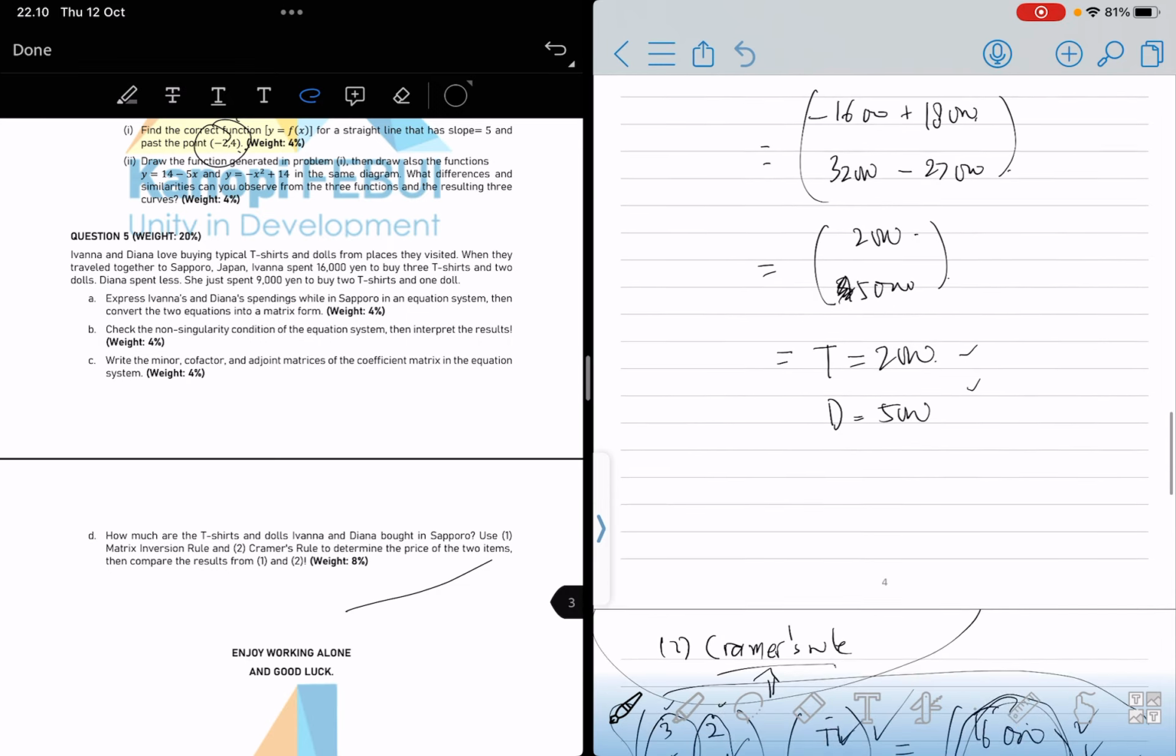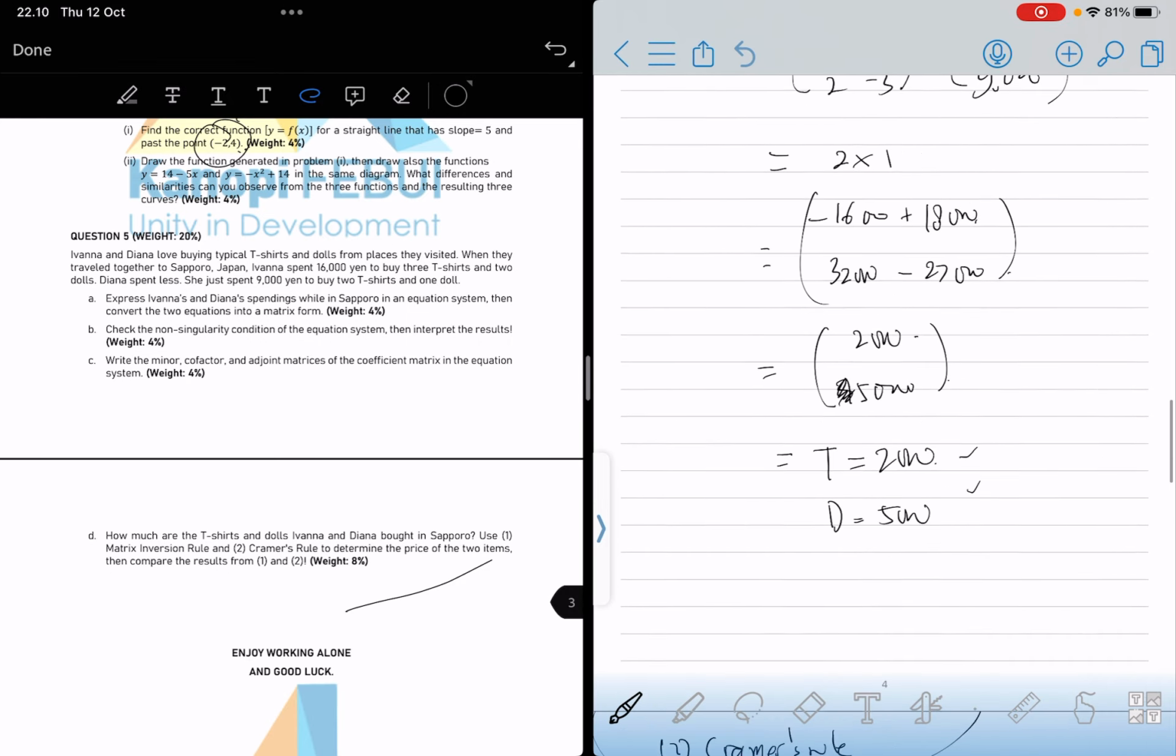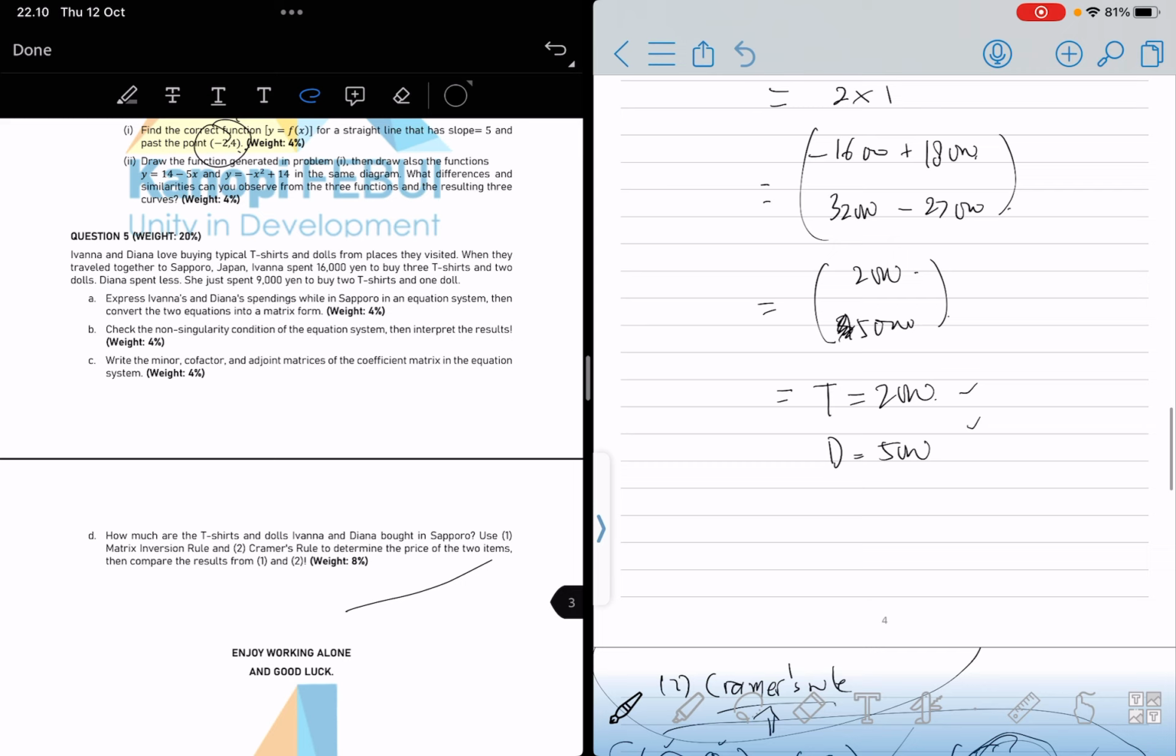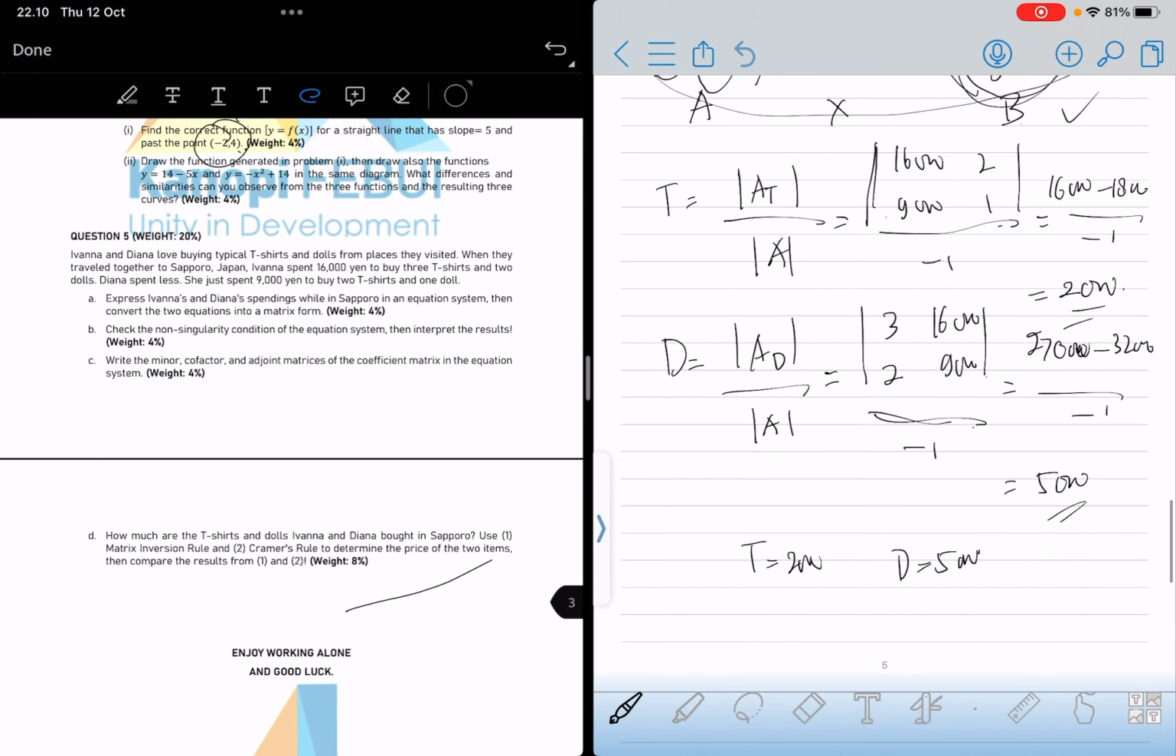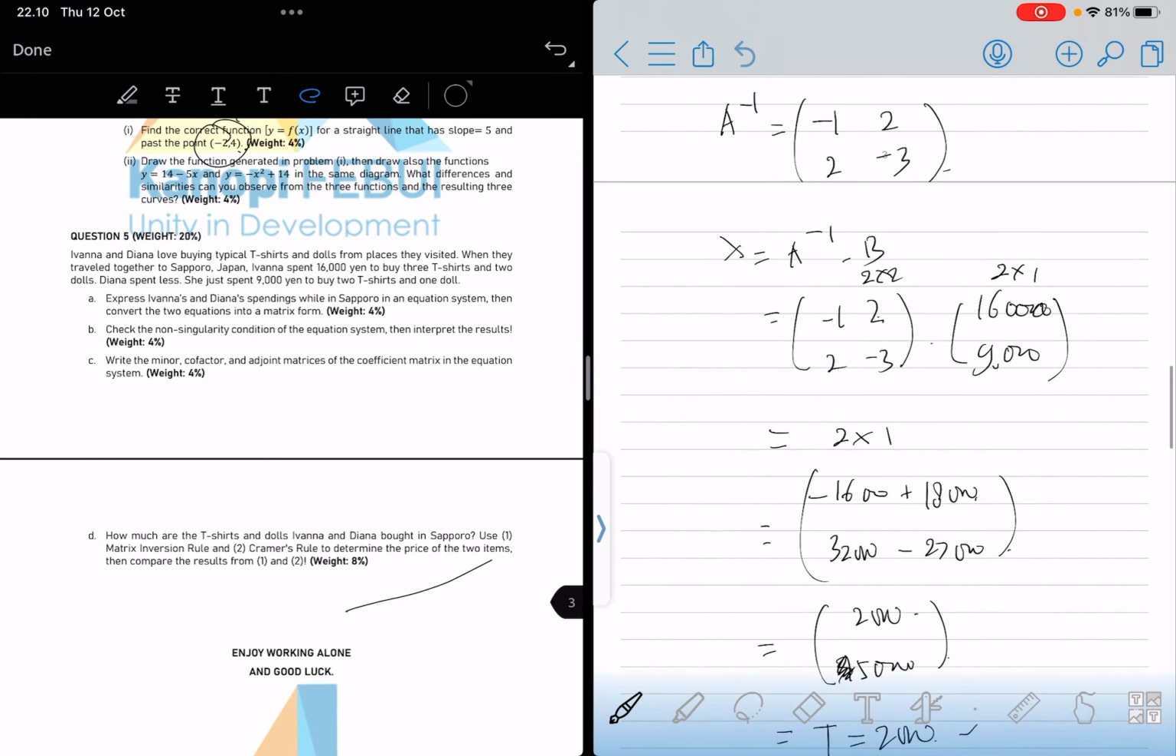Okay, so this is the answer of question 5,